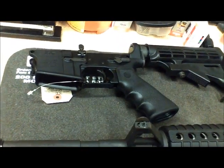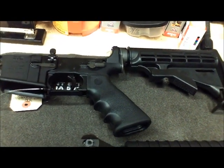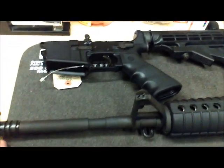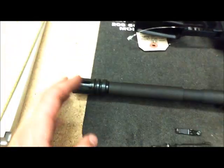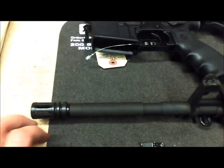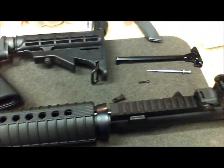Today we're talking about the DSA Incorporated ZM4 carbine. It's a 223-556 gun. It's patterned after the U.S. military's M4 carbine. The gun does have a 16-inch barrel on it, so it's legal to take off the flash hider. From here back, it's 16 inches, so it's probably close to about 17 1/4 inches all said and done. But we're going to talk about some features and specs of this gun that make it unique